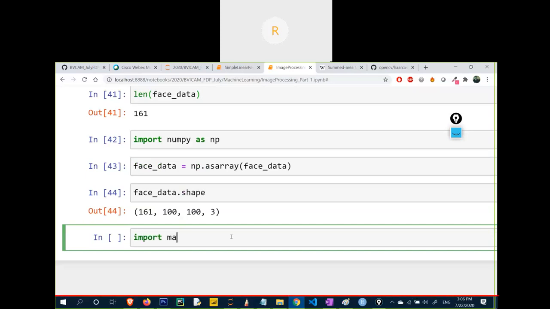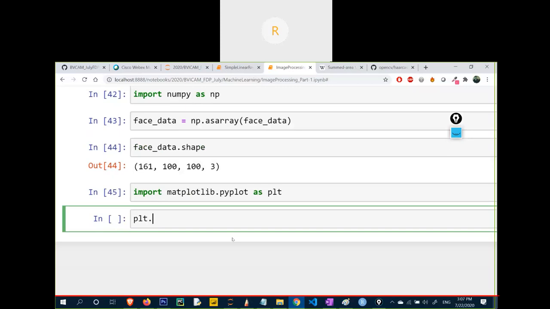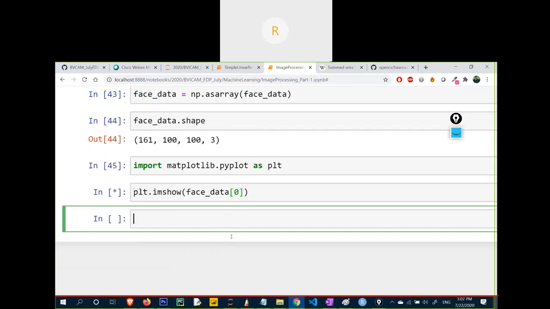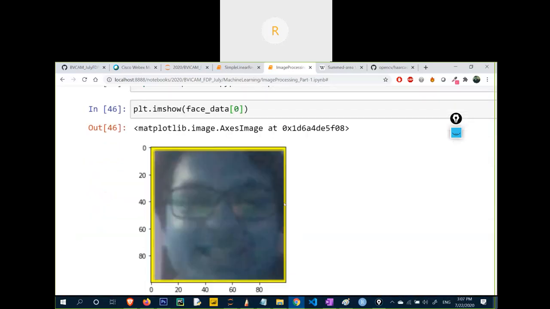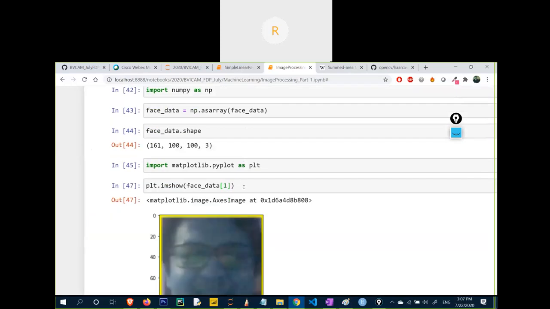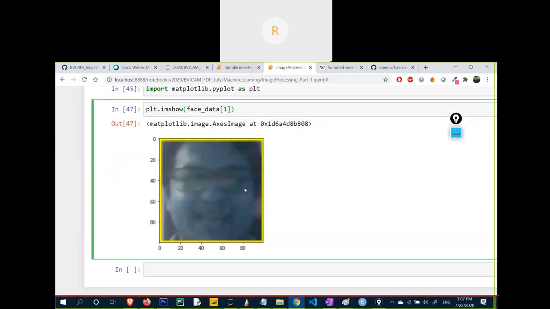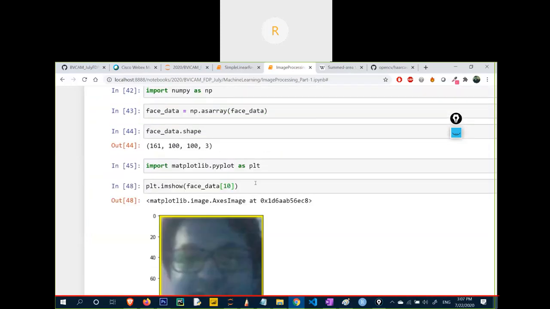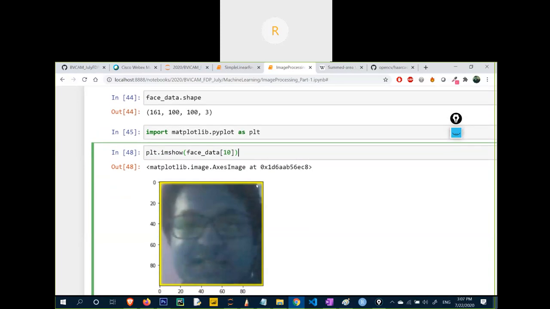I can show you the plot using matplotlib. You can plot any one of the images, like I am showing, and pass face data square bracket 0 to it. It will show the image that is being stored in the array. You can check any of your images. Now this is the data that is stored.